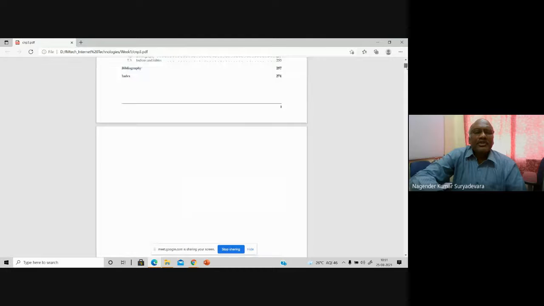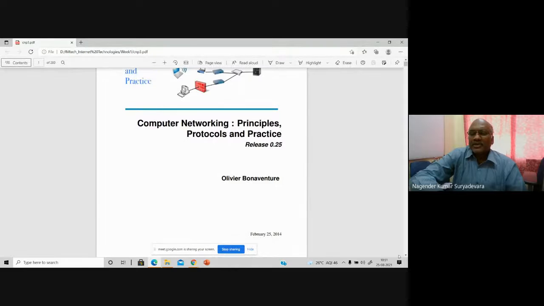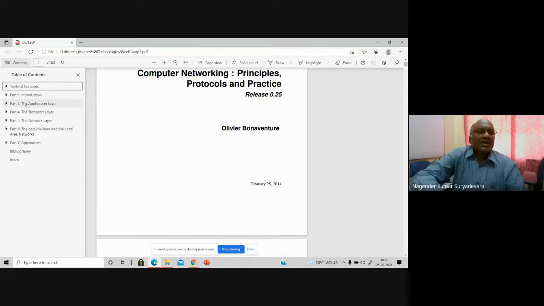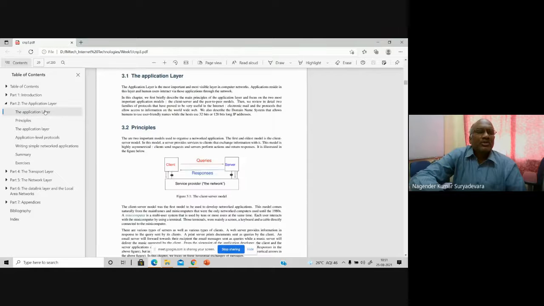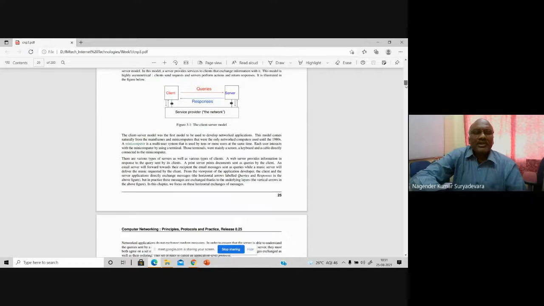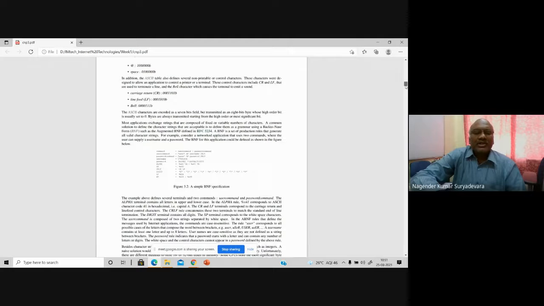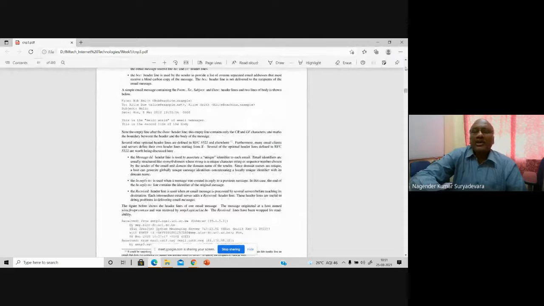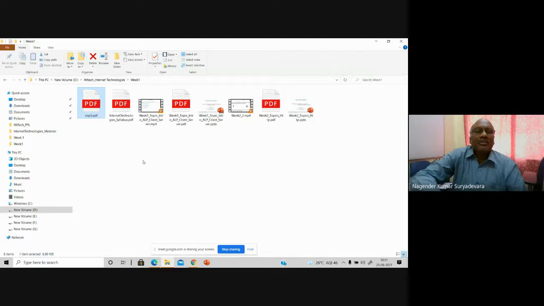So here you need not study the entire book. Here we have the application layer. Please remember, there's a Part 2, application layer. So we have to go to the application layer. We have the contents from here. Of course, you can read it like a story, the application layer, for those who are beginners. But let me give you the introduction to you. So here the application layer,